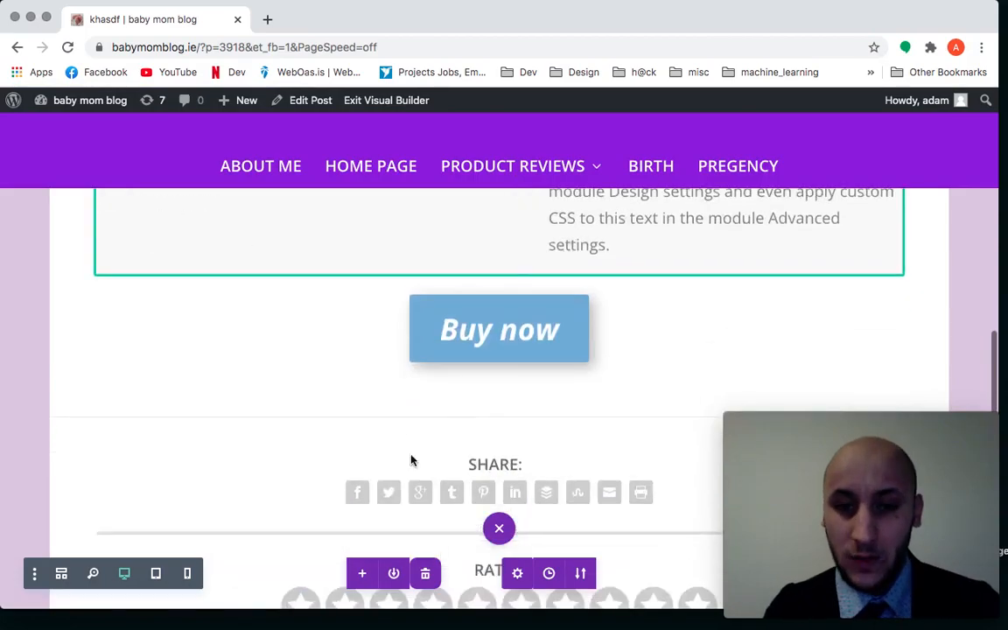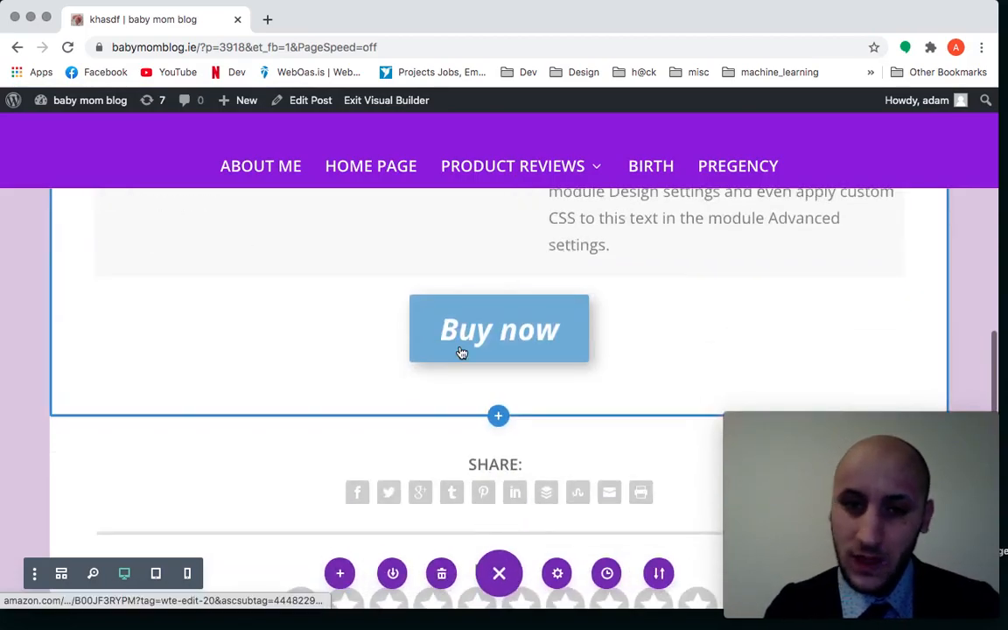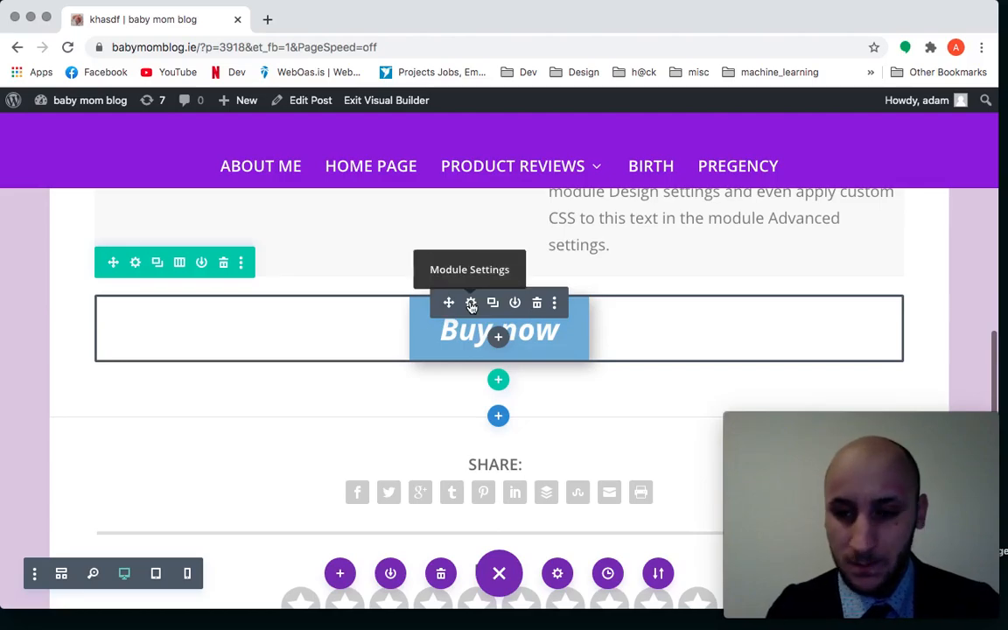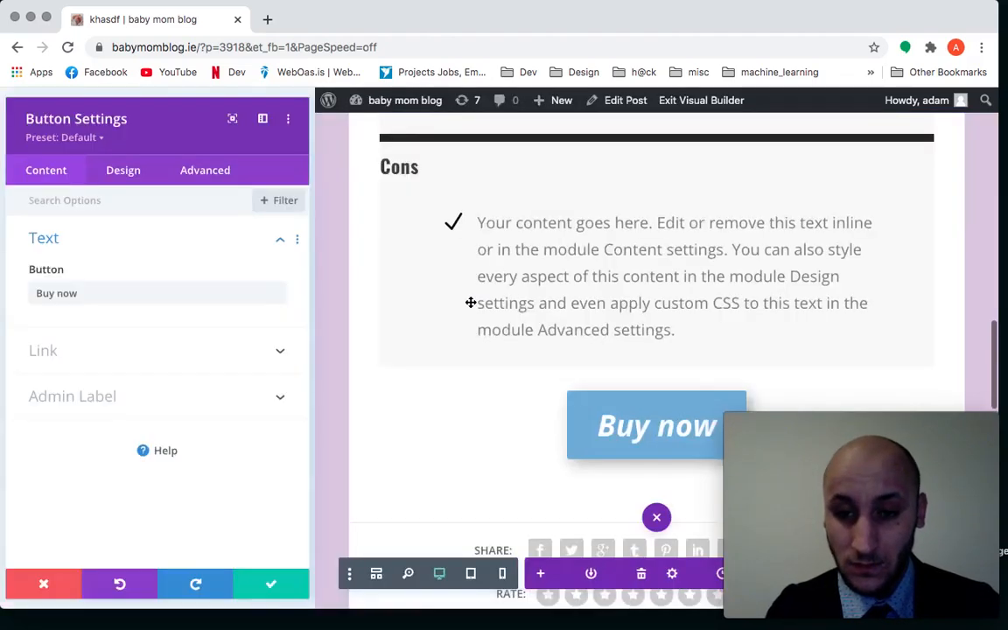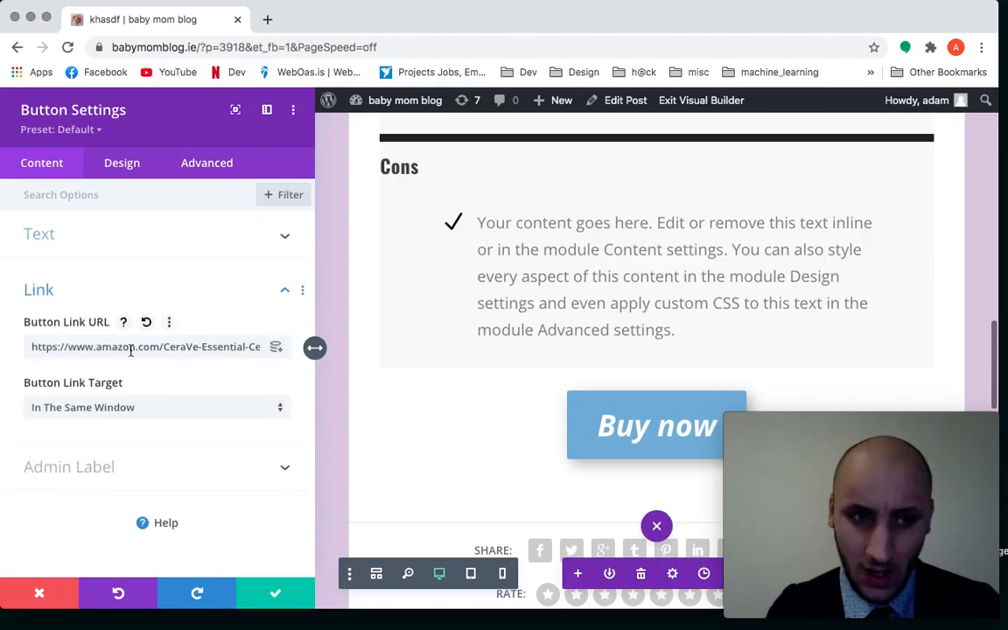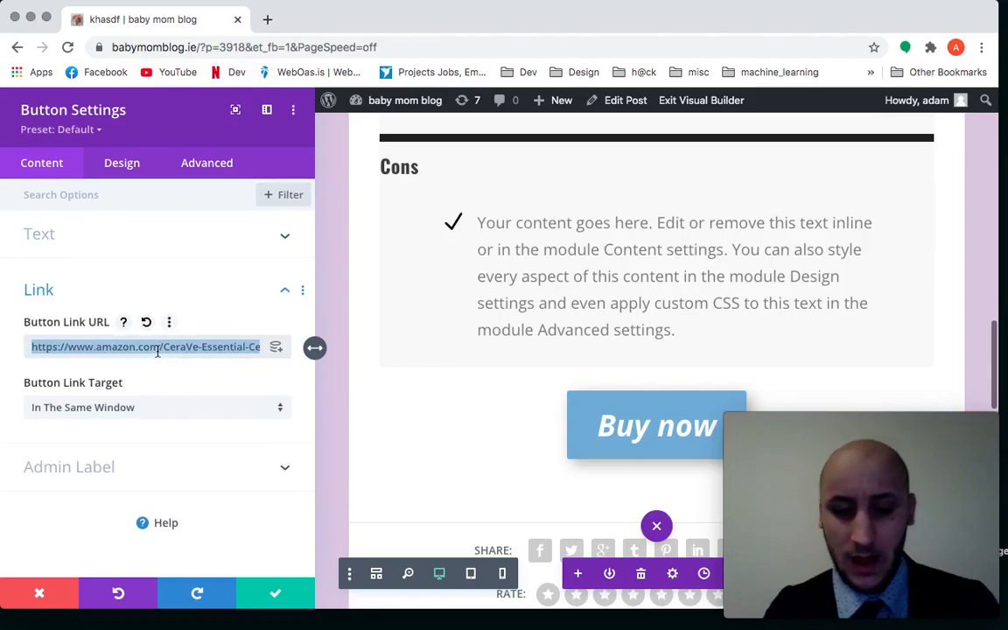Now the last thing we would want to change in this is the button. So what we'll do is we'll hover over the button. You'll get a list of options for that button, and we can hit the cogwheel here. Now to change the link, all we have to do is click on the link tab, and here we can just paste in for example www.crypt.ie,